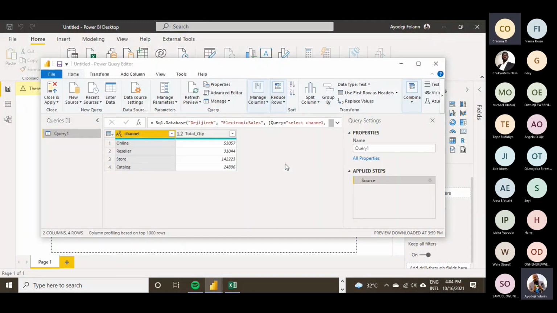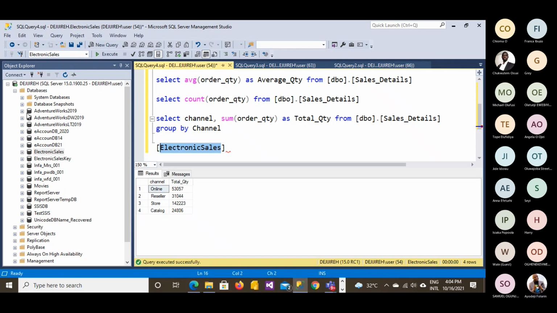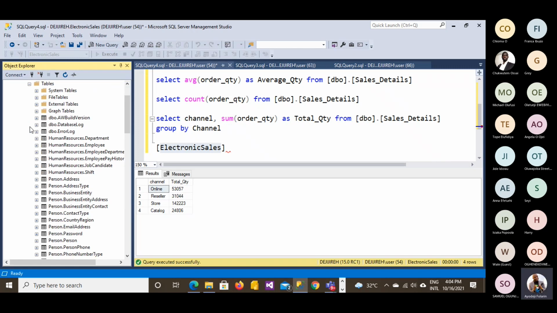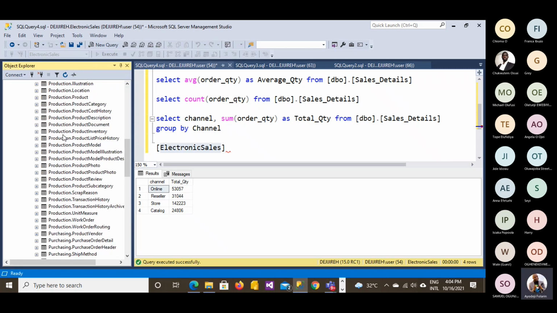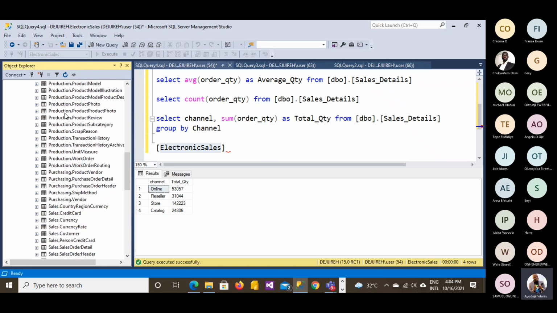Yes, sir. Okay. Let me quickly check out the database again. Adventure Works 2019. Open it. When I open Adventure Works 2019, look at table, look at view. If I expand this, these are tables because they are under table. If I expand view,